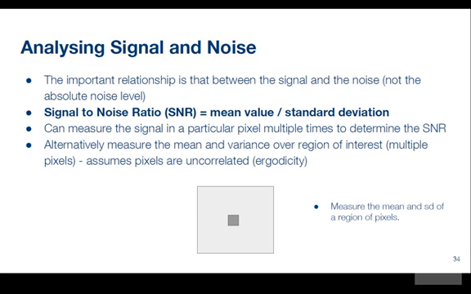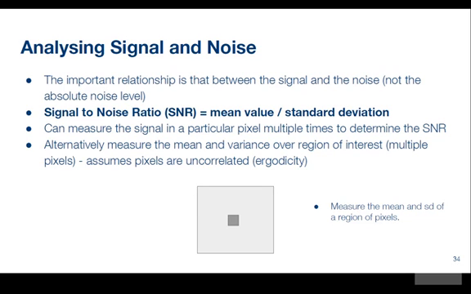The other way we can do it is to repeat a measurement multiple times. If we had an ideal imaging system with no noise whatsoever, we would get the same pixel value every time. So the variations in the individual pixels when we repeat the same imaging process give us information on the signal-to-noise ratio. But that's often not practical,